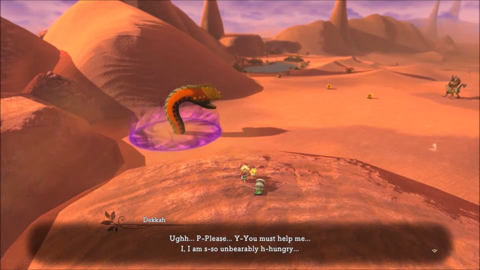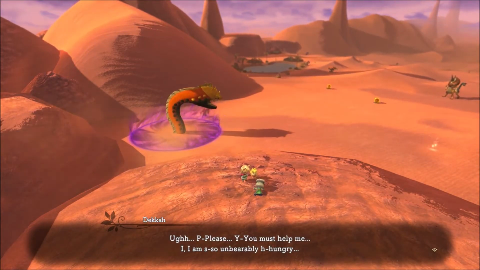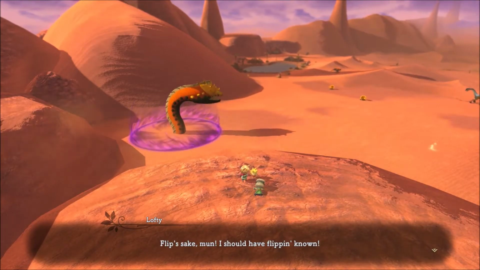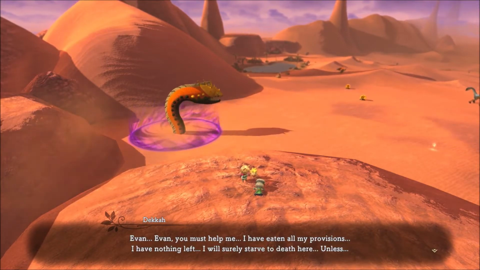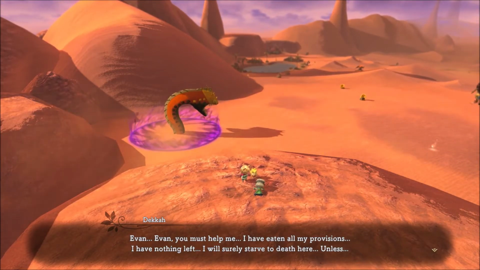Please, you must help me. I'm so unbearably hungry. We just fed you 10 minutes ago. Not for nothing, but there's a tainted monster right close to here. Or metabolism. And I should have flipping known. Is he secretly a cat? Evan, you must help me. I've eaten all my provisions. I have nothing left. Yeah, I will surely start to die here. Unless...